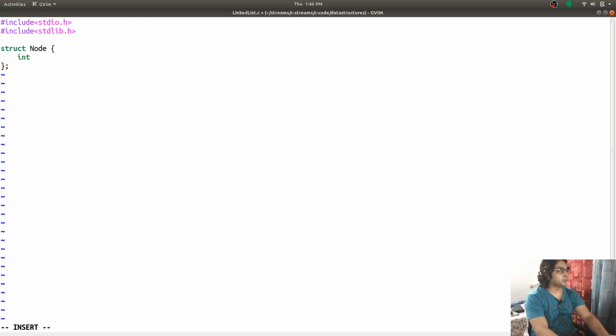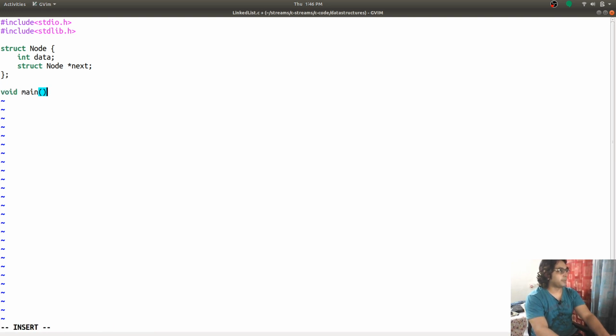So, our node is going to store an integer, so int data, and it is also going to store a pointer to the next node. So, this is what the node is going to have: data that we are interested in, that we are storing and reading from it, and a node pointer which we are going to use to move to the next node in the linked list, or next data segment in the linked list.